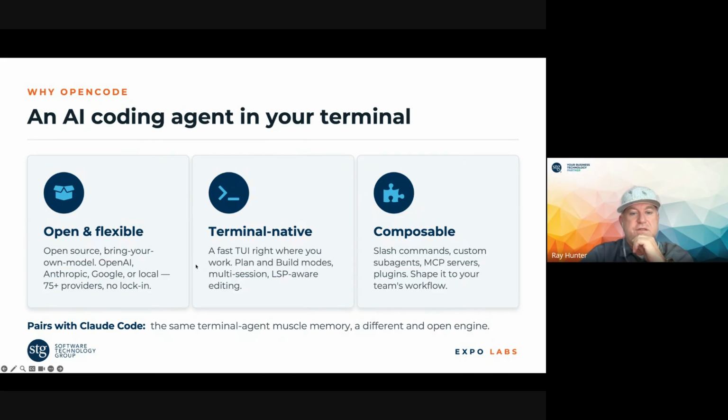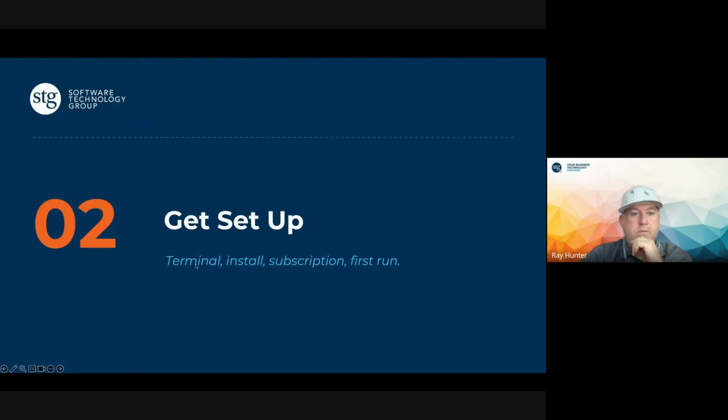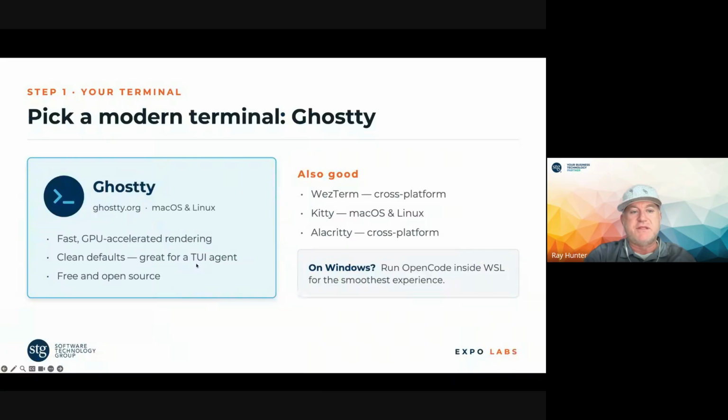So, let's jump on. Let's talk about the setup. I went in the slides and I added some of the setup information so that you have it. As I mentioned at the beginning, Ghosty is one of the tools. There are some other terminals that you can use.